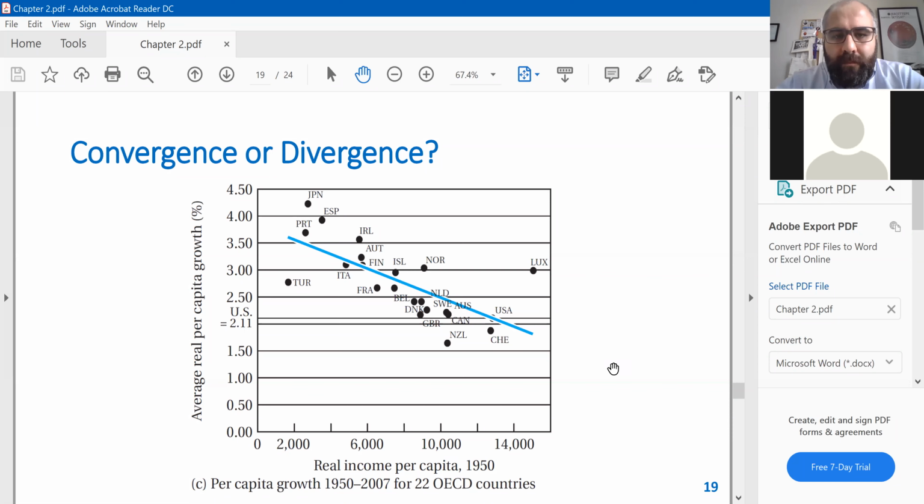I have a question about the conditional convergence case. Okay, go ahead. So you said that countries converge if they are similar. They are similar in what sense? Okay, so the idea is that